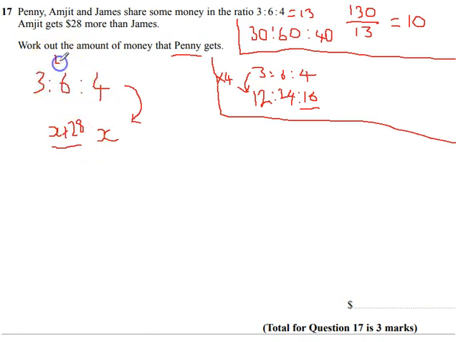So if we change this into 4 plus 2, 4 plus 2 is 6. The 4 scales up to x, just like it did, and the 2 has scaled up to 28. So this factor that we're multiplying by is timesing by 14. Yeah? The extra that is in here, 2 between 6 and 4, is equivalent to the extra in this ratio